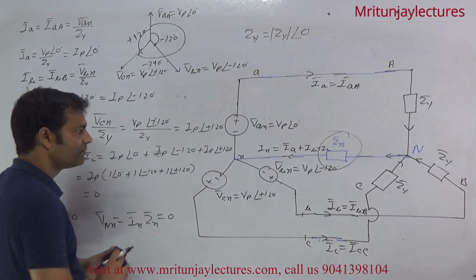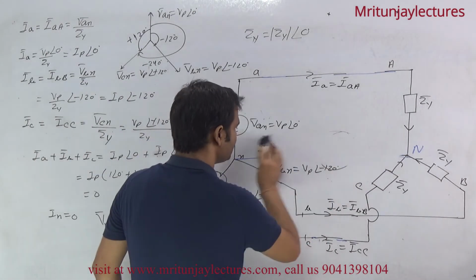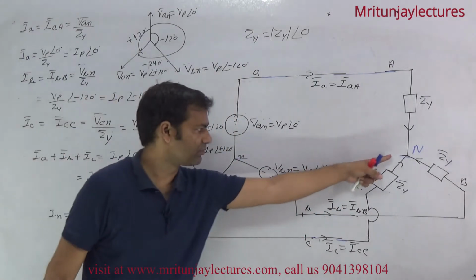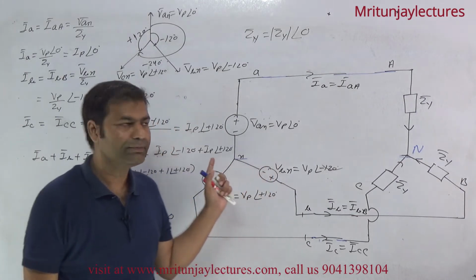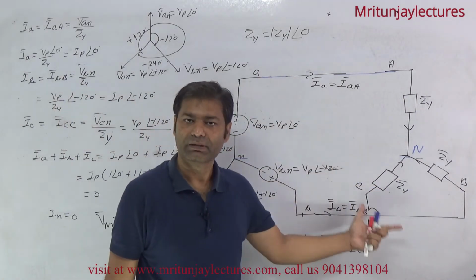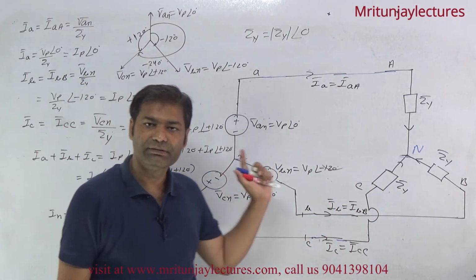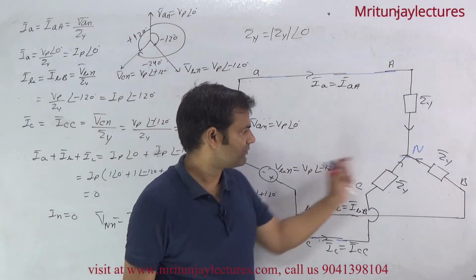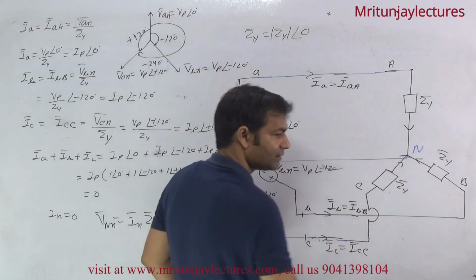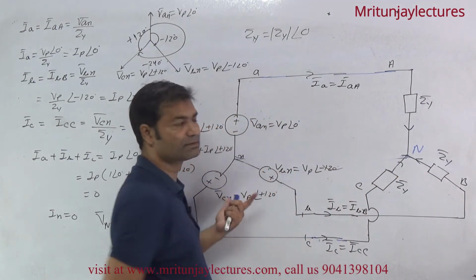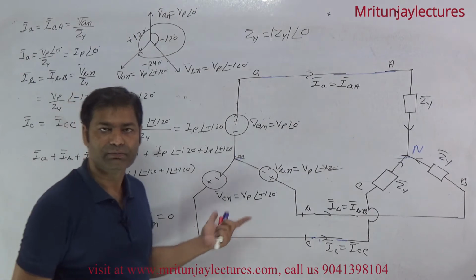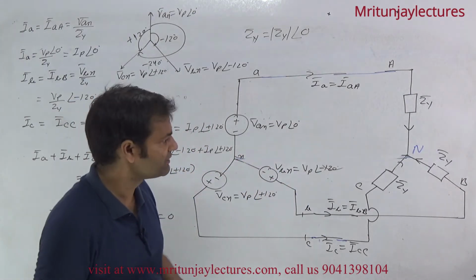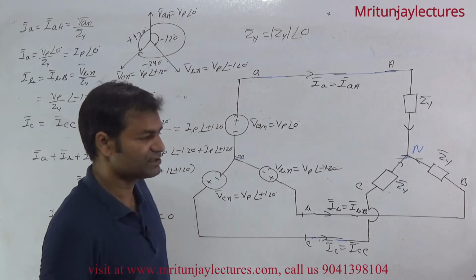So you can also represent it sometimes like this, if no current is flowing through this one. This is the same representation of 3-phase 4-line and 3-phase 3-line. Both are the same, only for balanced star-star connection.